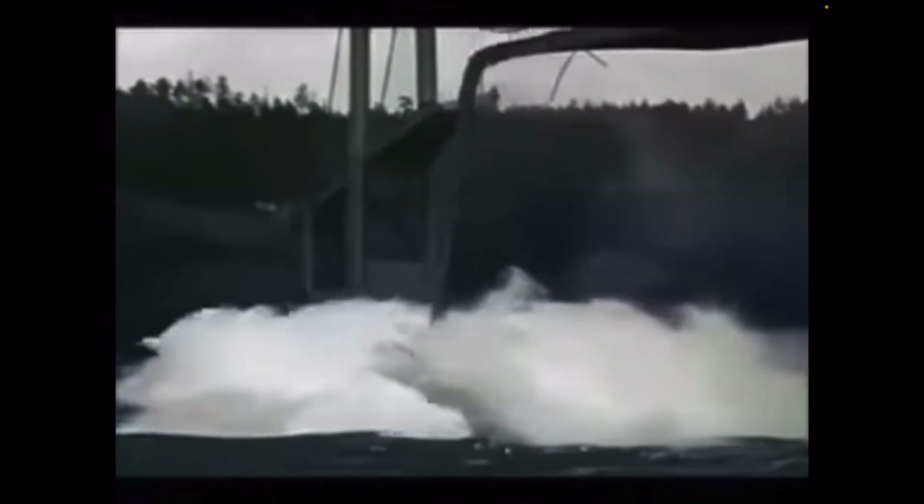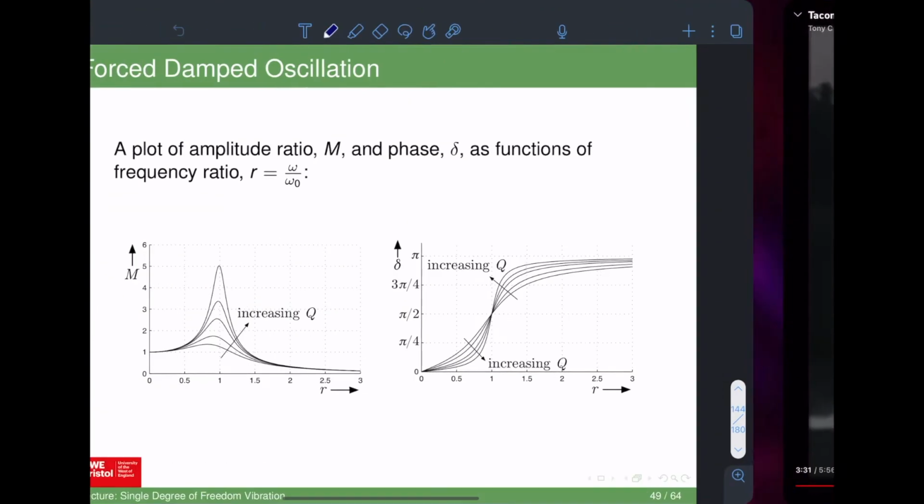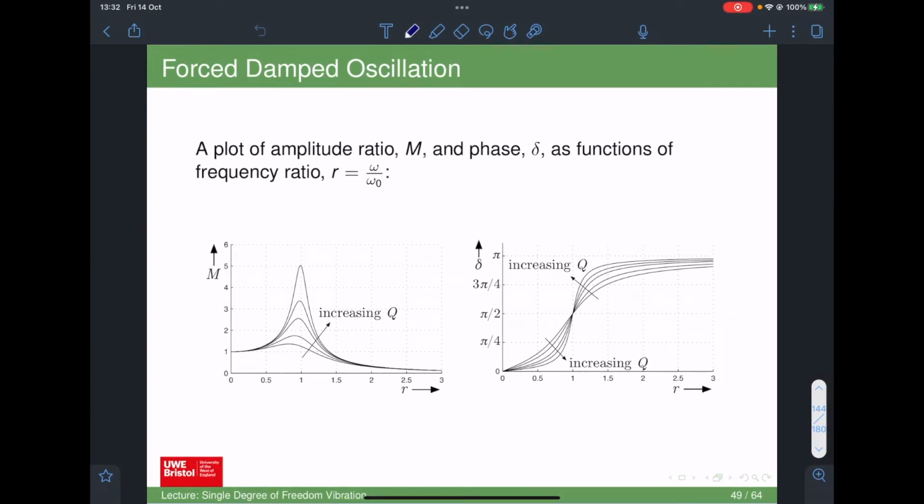It reached a point where the bridge could no longer support it. That's an example of resonance, but there are all sorts of examples of that sort of thing. Generally you want to avoid exciting resonance. So, for example, if you're designing an engine mount, you wouldn't want your engine mount to be